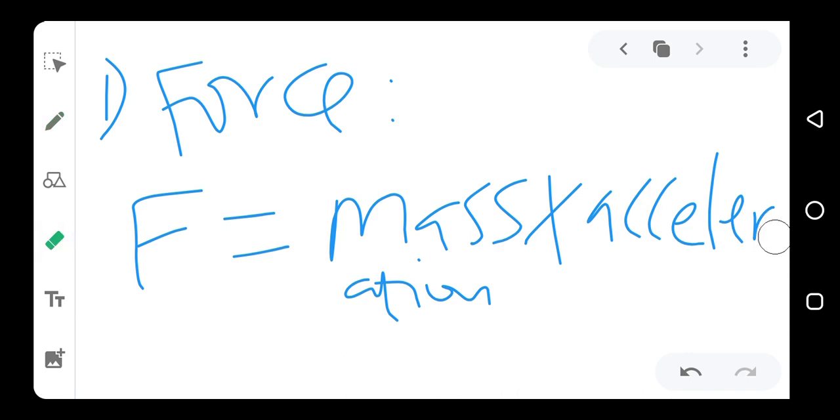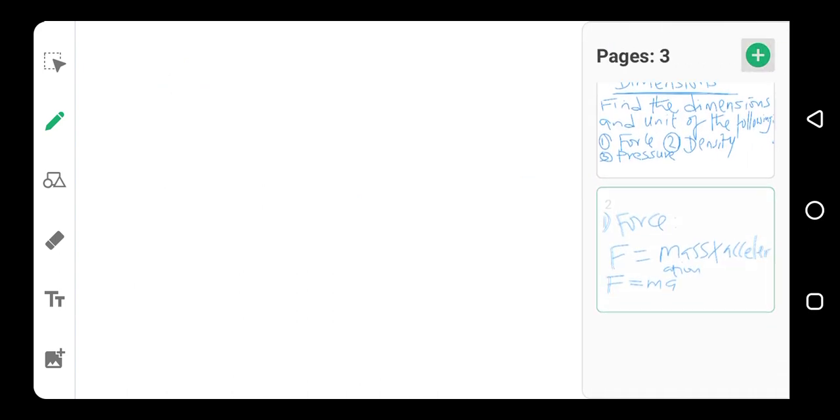It means that F is equal to ma for short. Now we go further. Force is equal to